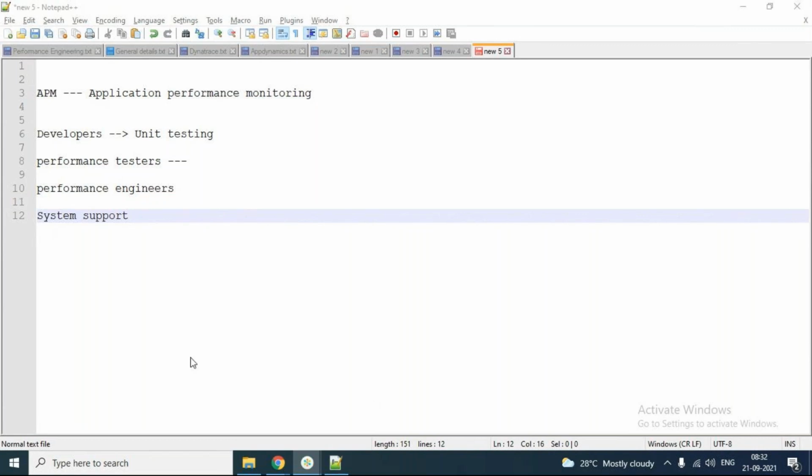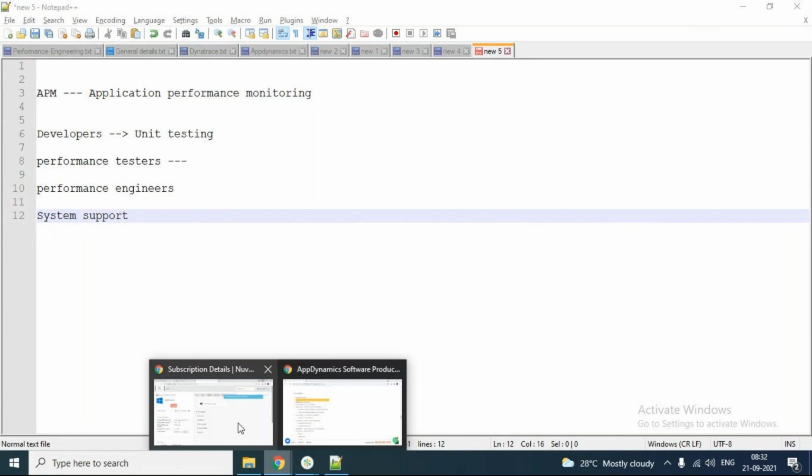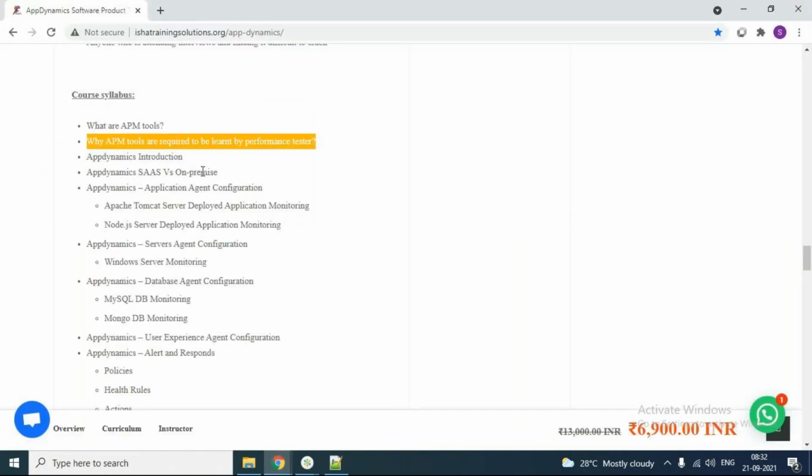So this mindset, right? Why does it have to be learned by the performance tester? Yes, it is learned by the performance tester, but it is not to be learned by the performance tester alone. Anybody and everybody can learn this tool; what is important is in what way they are going to use it.